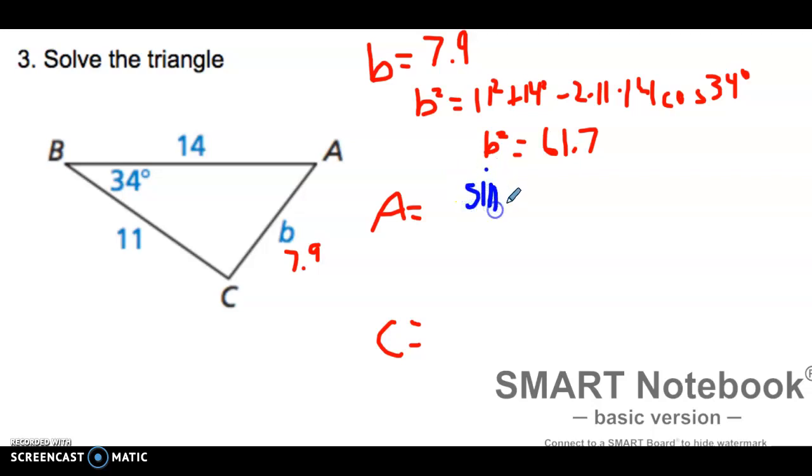So I'm going to do the sine of A, which is what I'm looking for, over the side A, which is 11. And this is a good review of the law of sines. So the sine of B, which is 34, over side B, which we now know is 7.9. We grab a calculator, and in our calculator we're going to go 11 times the sine of 34, find an answer, and then we're going to divide that by 7.9. That gives us a decimal. So we're looking for angle A, so we have to do the inverse sine of that decimal, and we get